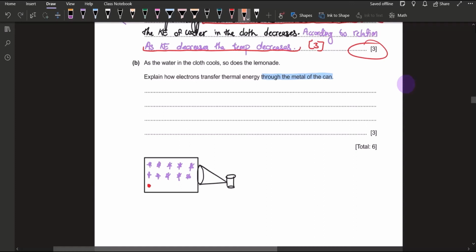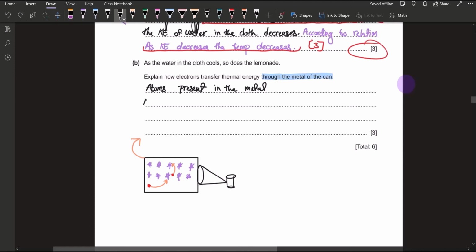Now what will happen is this electron will go and hit this atom, and this atom will have enough energy to release an electron. So this will release an electron, and the electron which has been released is going to go and hit the other atom, and that will release another electron. So this is a chain reaction which happens, and we just have to explain the same thing here in the question. So we can write that down here, that atoms present in the metal, atoms vibrate and electrons go and